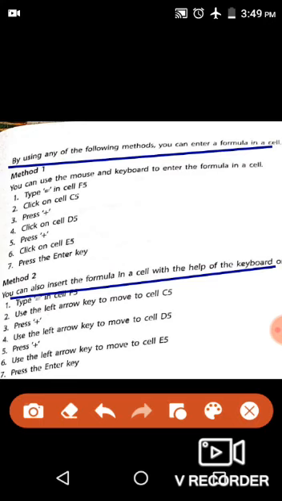Then press the plus key from your keyboard. Then use the left arrow key to move to cell D5 and then press the plus sign. Then again use the left arrow key to move to cell E5 and then press the enter key. By this method also you will get the same result. In addition of these 3 marks, you will get 102 marks.